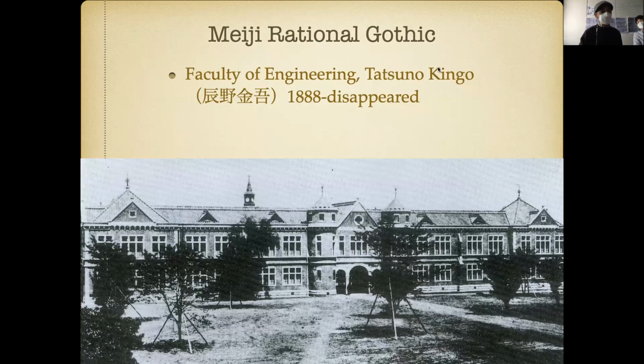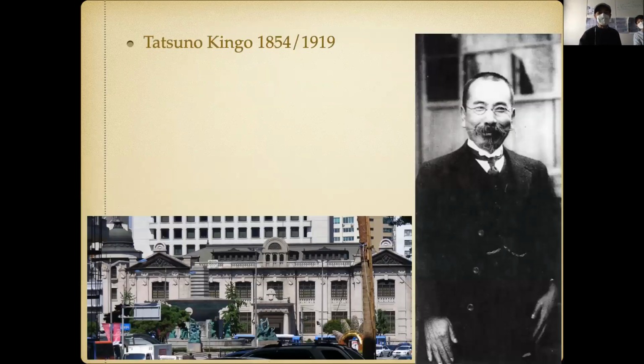Again, he did the Faculty of Engineering, but again disappeared. Both of them, the faculty and the Kingo. And this is the guy, also a happy guy, and this is the building we all know, right? In this case, there's some British flavor, but there are also small references to Asia, maybe more Indian imperial architecture than here, but it's hard to say, right? But again, the building you can visit.